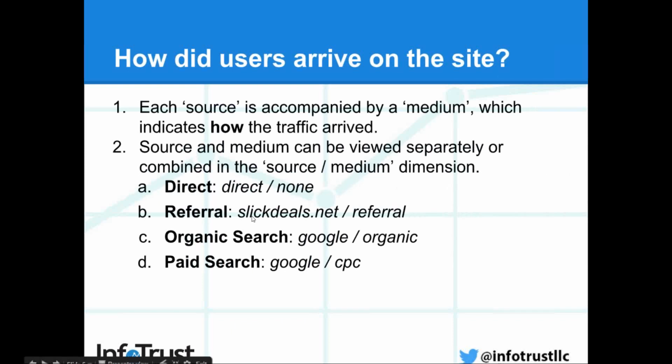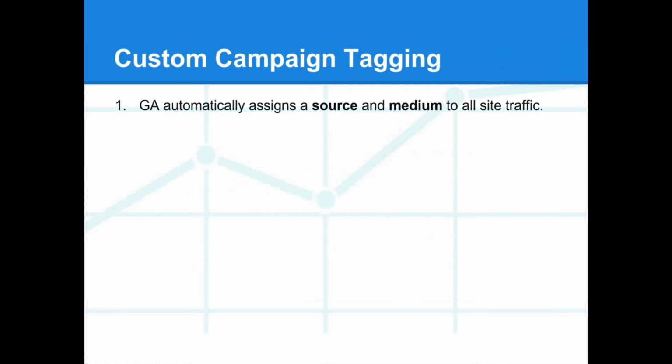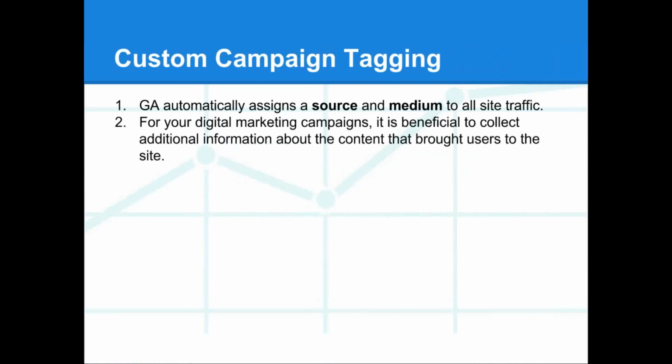So you might see, for example, Google Organic and Google CPC indicating paid search, or the specific site that someone arrived from that was a referral. In Google Analytics, GA is automatically assigning the source and medium to all site traffic, but in many cases,